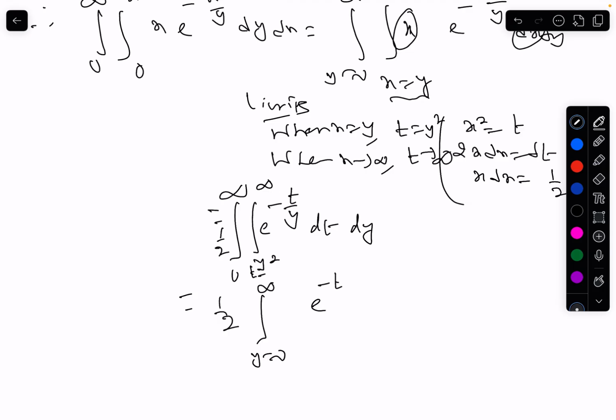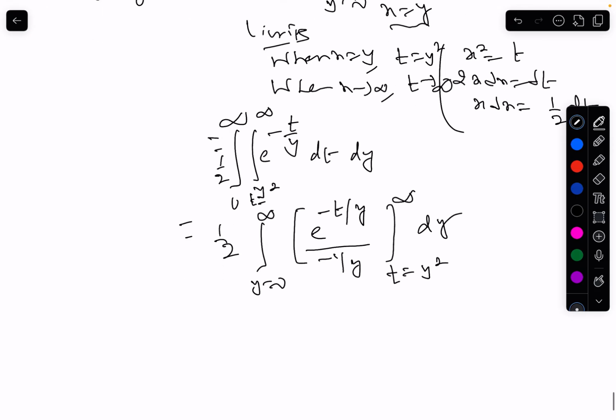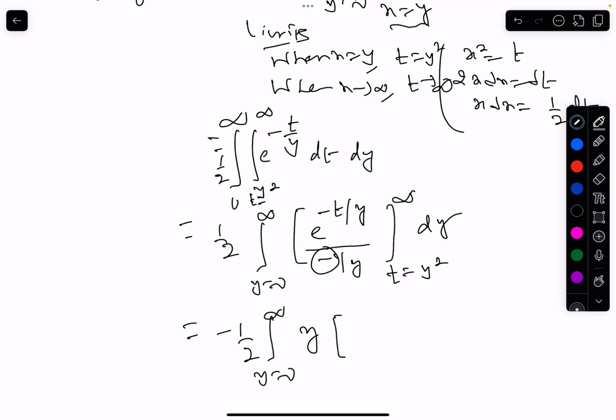This is e power minus t by y over minus 1 by y, t is y square to infinity, dy. So this is equal to, you can take the negative sign outside, y equal to 0 to infinity, 1 upon y, so y